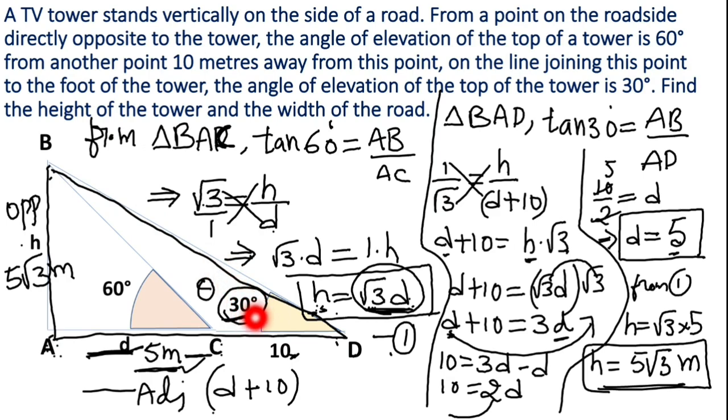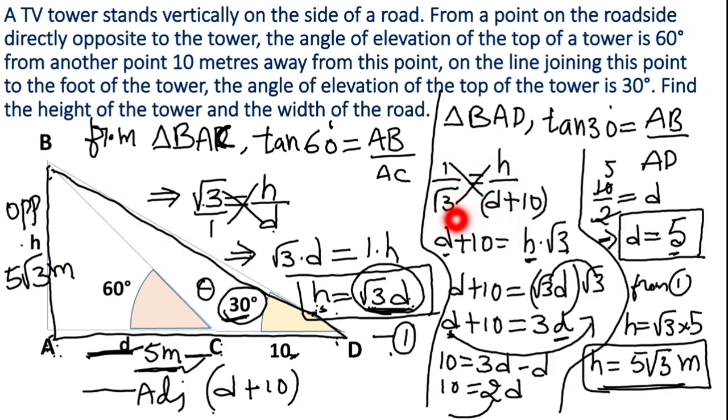Now consider the another triangle BAD. So here at D we have the angle theta. Then AB becomes opposite and AD becomes our adjacent. Here AD is nothing but this D meters and this 10 meters. That means D plus 10. We have to consider this D plus 10 as adjacent side. Now come to the formula. This is opposite and adjacent, so we have to choose tan value. That is tan 30 degrees is equal to AB by AD. So 1 by root 3, which is tan 30 degrees, is equal to AB by AD. AB is H here. So H by AD is nothing but D plus 10.